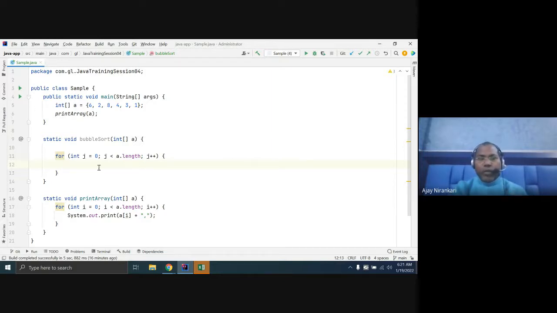What we have to do, as per the logic, is compare this way: if this element is less than that element or not, then we have to swap the number.